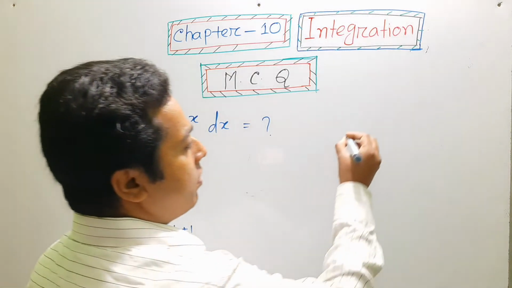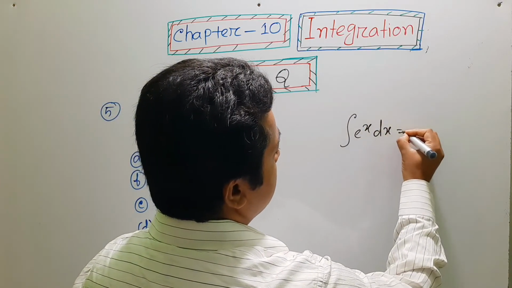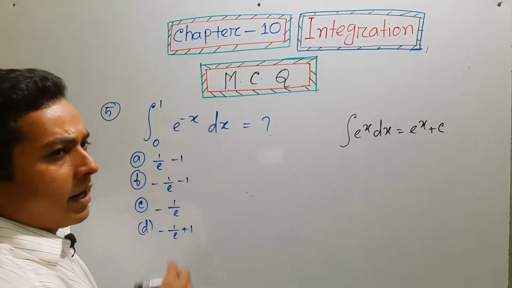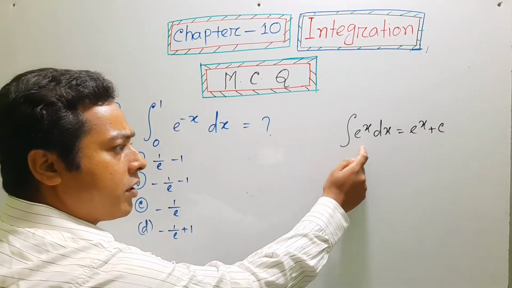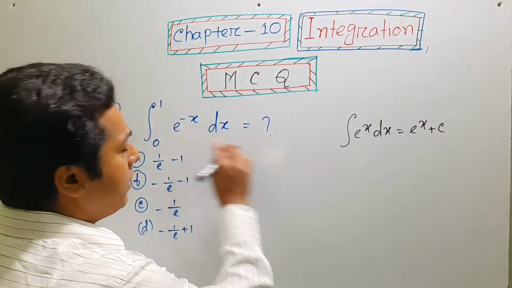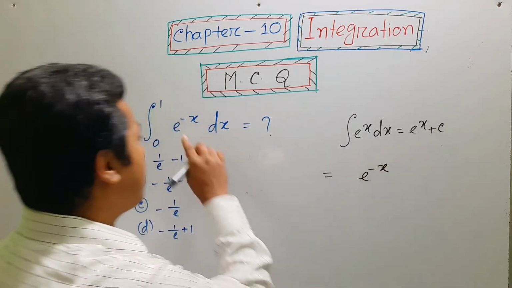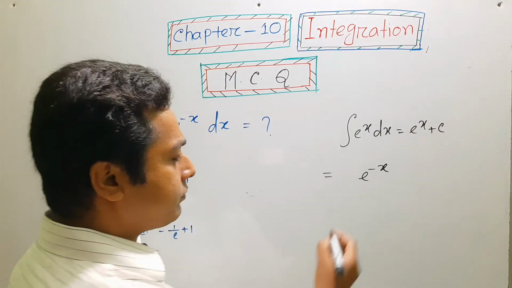So integration of e to the power x dx is equal to e to the power x plus c. Here e to the power minus x, just consider minus x as x to compare with this integral. So our result will be e to the power minus x. Here the constant is minus 1, so divided by minus 1,